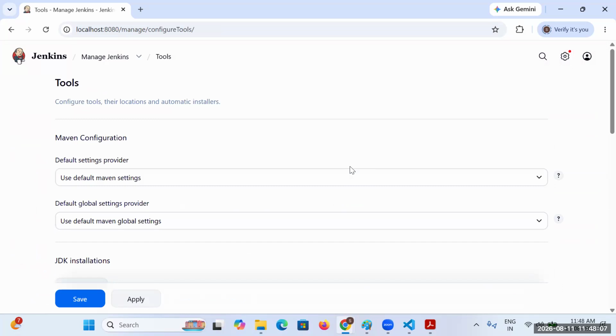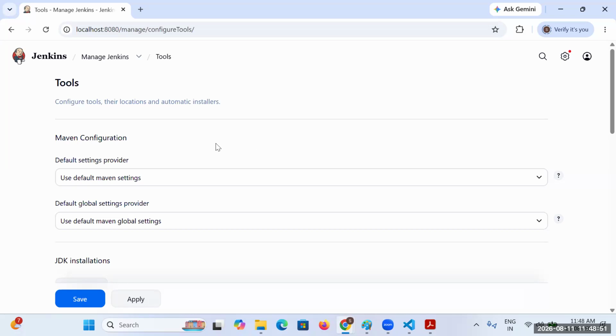See here, while working in real time, based on the project requirement, there will be differences and different kinds of settings will be done. For example, Maven.